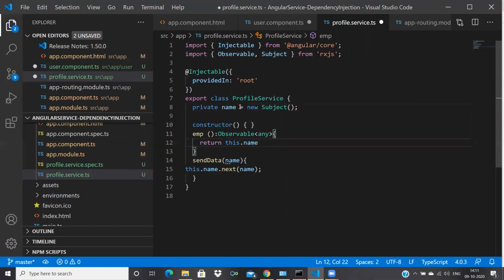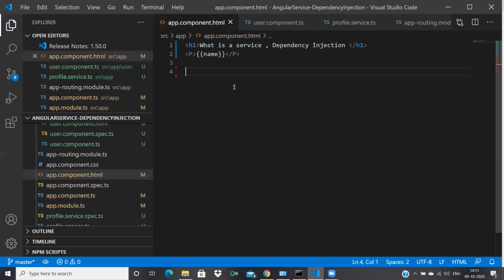I have defined it this way as a new Subject, and I gave this function as an observable. Now in app.html I want to bind the data. Let's check. It won't be displaying now presently.